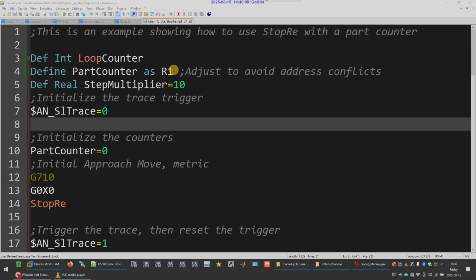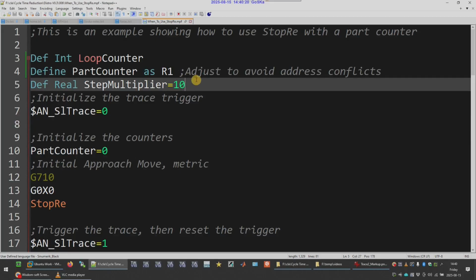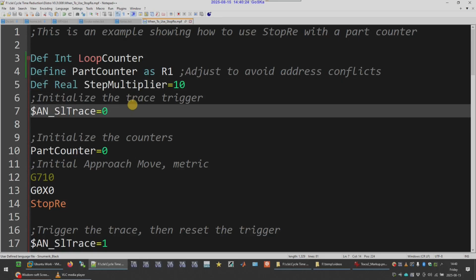If you run this on your system, make sure R1 is actually a variable which is available for you to use, and it's not going to conflict with something, and that R1 is not storing important data for something else. I'm doing 10 millimeter steps, so just defining that as a variable. Going to clear my trace trigger,